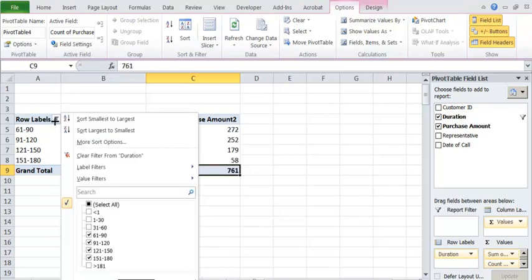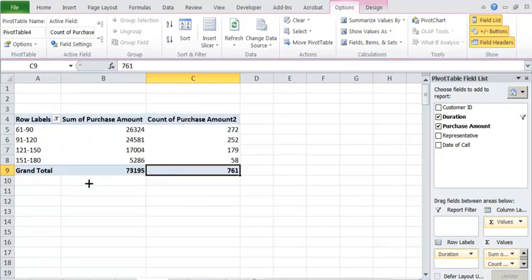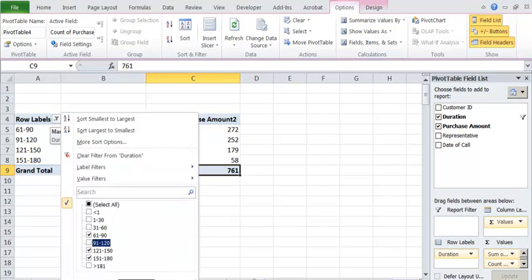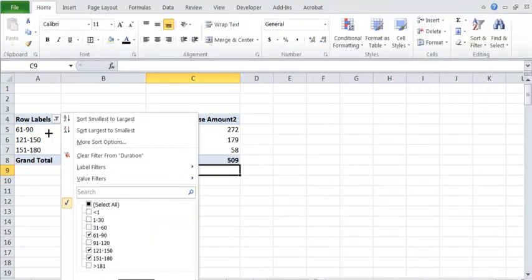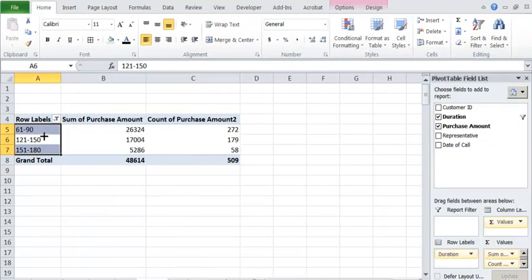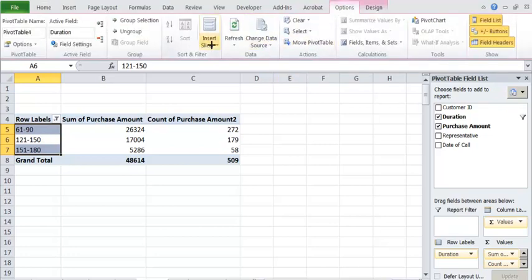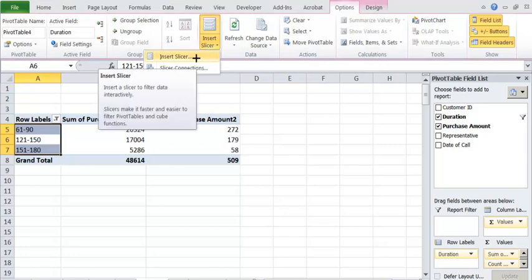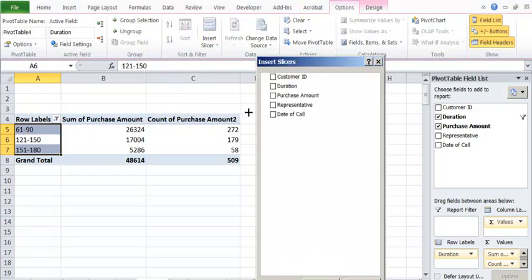Many times, let's say many senior management people, they may not be that savvy or they may not want to get into this kind of stuff. What we want to give them is a very simple way to do the filtration. So this slicer is very useful to you at that time. So let's see how this slicer will work.